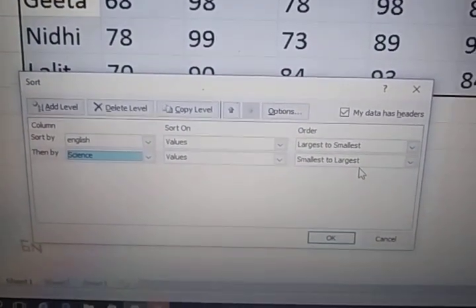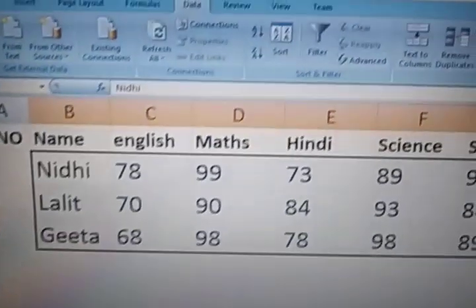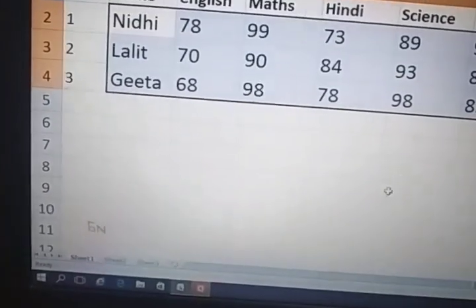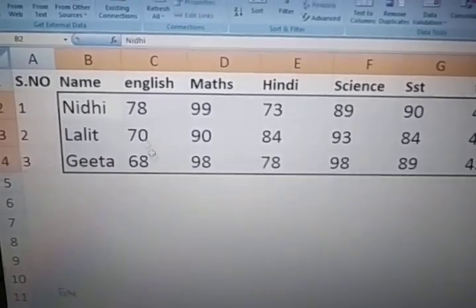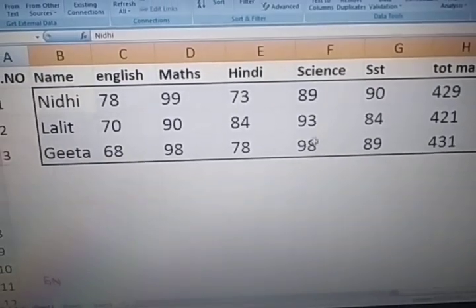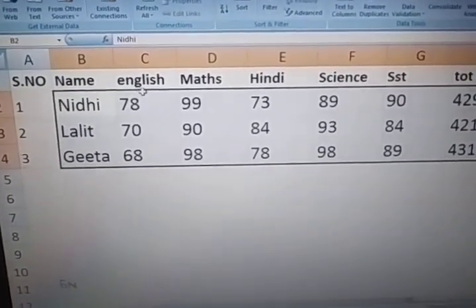It is okay. Now click OK and see, this is your result. So largest to smallest in English, and in Science smallest to largest. This is increasing order and this is decreasing order.